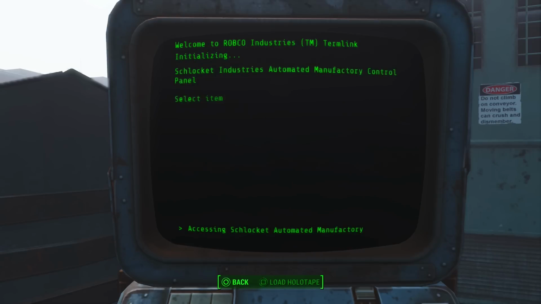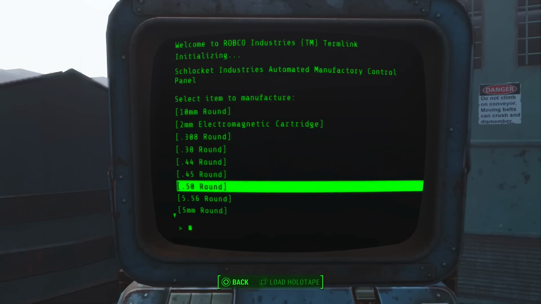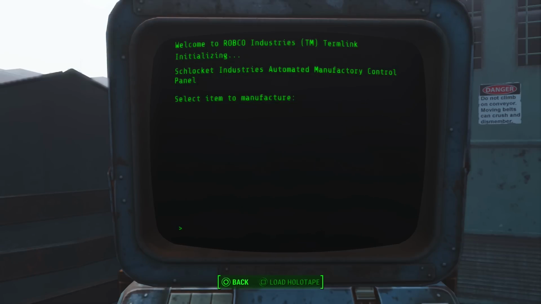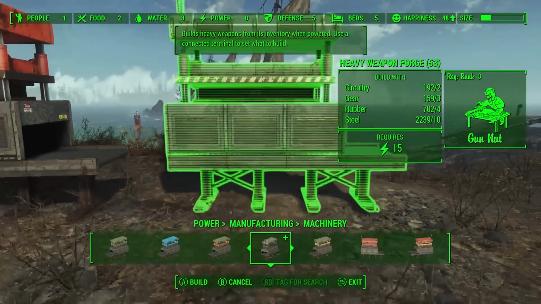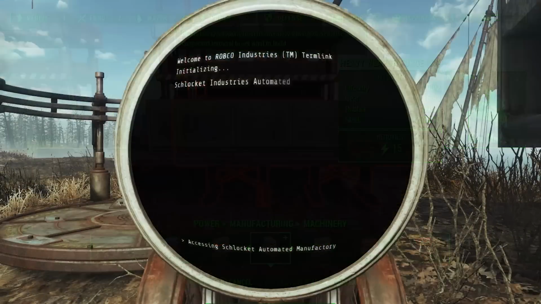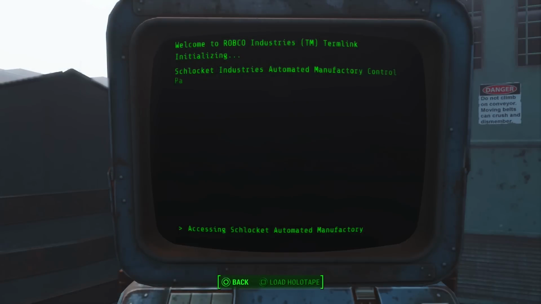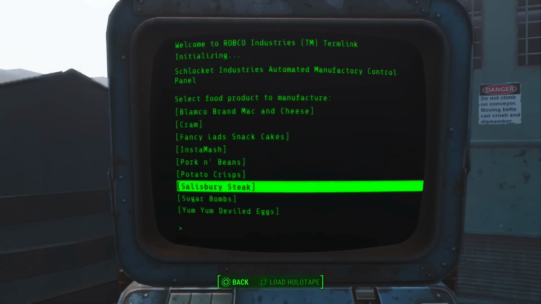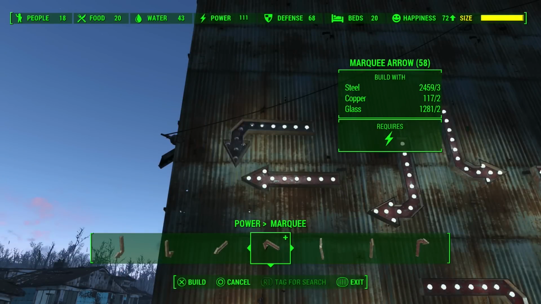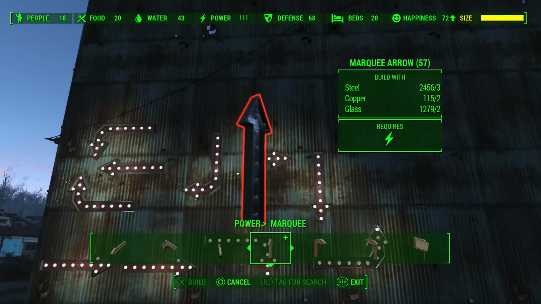The ammunition plant requires Gun Nut 1 and Science 1 and makes all the standard ballistic ammo, and it costs 3 copper, 2 lead, 1 oil, and 2 fertilizer to make 10 rounds of the 2mm EC. The Heavy Weapon Forge requires Gun Nut 3 and makes the Fat Man, minigun, and missile launcher. The Food Processor makes all the pre-war favorites like sugar bombs and cram. Get it in ya. The last new power category is the Marquis, which comes with 12 different flashing bulb arrows